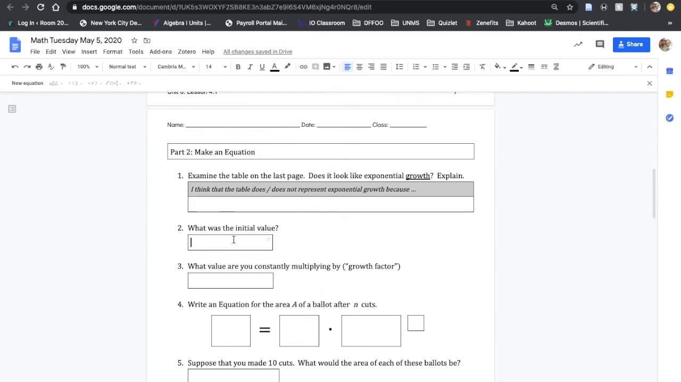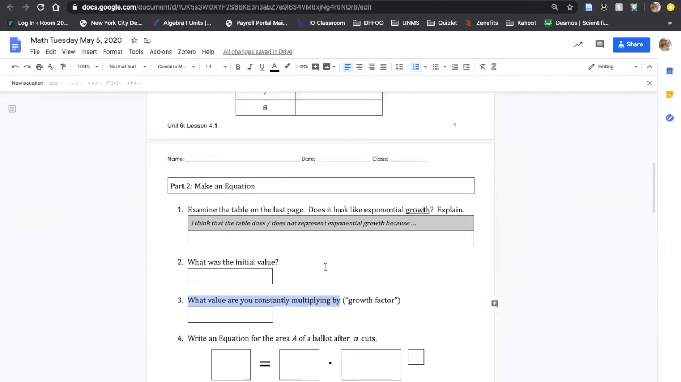Next, what is the initial value? We already identified that. Then I'm going to ask you, what are you constantly multiplying by to move down the table? Now, we would call that the growth factor, but it's actually something a little bit different right now because this scenario does look a little different, but you're going to find it the same exact way we found it